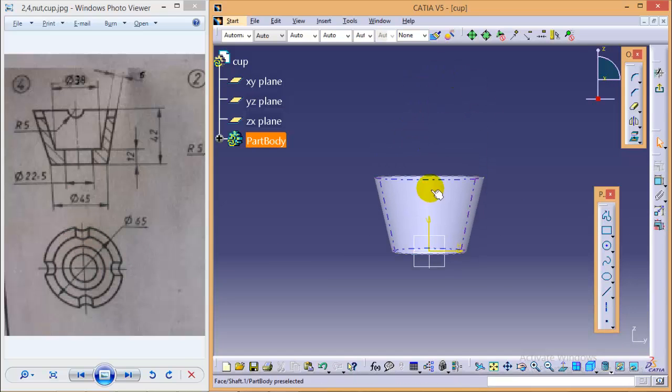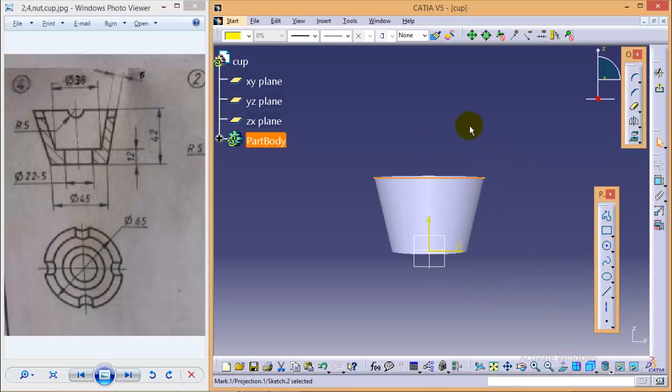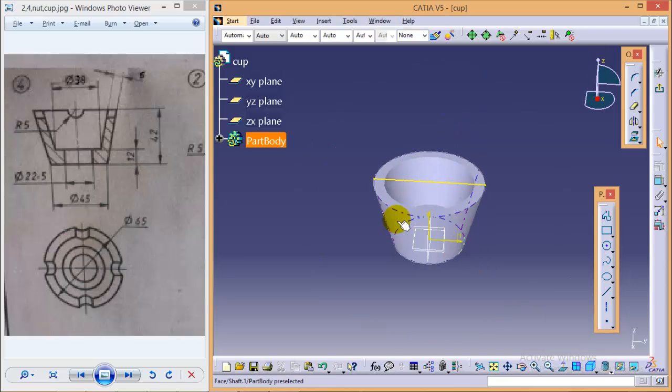First of all, to take a reference of this circle, we have to project it. So let's project this reference element on the YZ plane. Okay, so here we have projected this particular surface on the YZ plane.